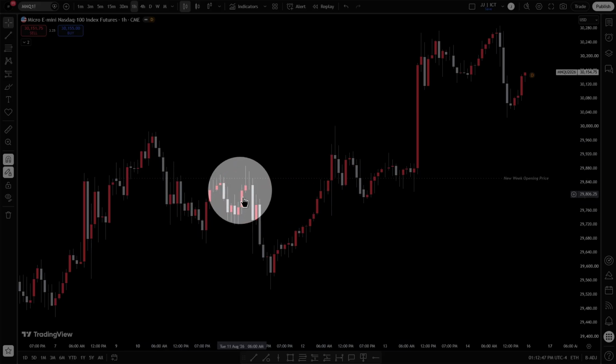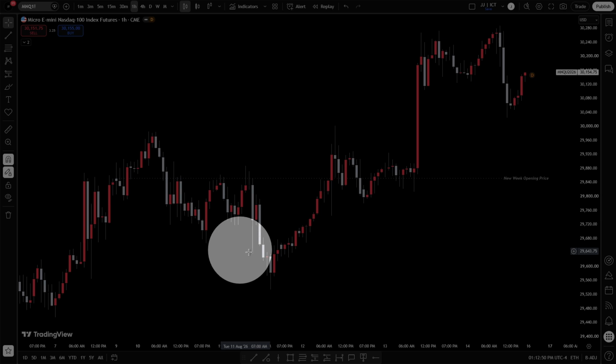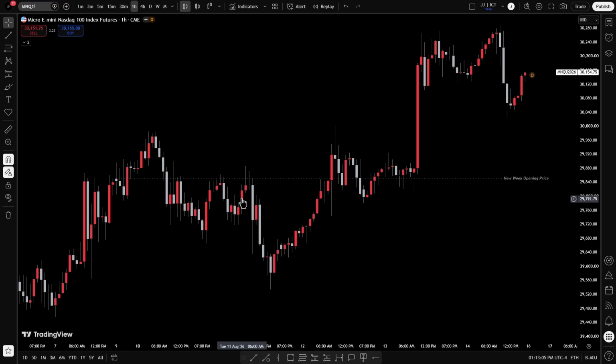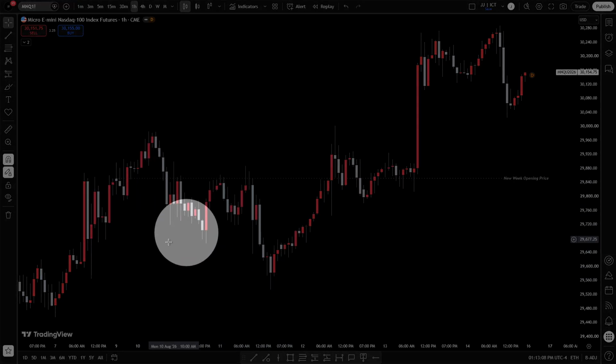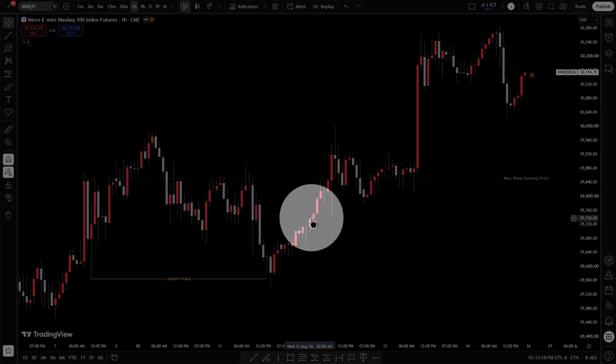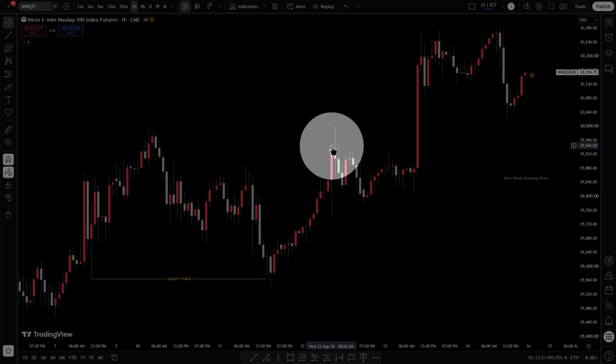So we have that accumulation. We have that manipulation, purging all these lows here. And then that low there, which is, I think, the non-farm payroll low or something like that. I'm not going to call it a data low because they're just inventing a new concept, but the low of non-farm payroll or just the day of non-farm payroll. So we've accumulated, we've manipulated, in which go ahead and draw that out as a liquidity purge right there. And then look at that. Around Wednesday or Tuesday night. Well, no, is that Tuesday night? Yeah, Tuesday night we begin to reverse and obviously distribute, in which we accumulate around the new week opening price once again,